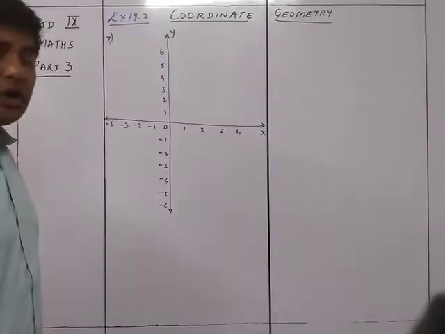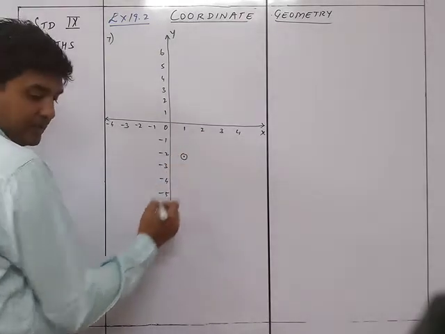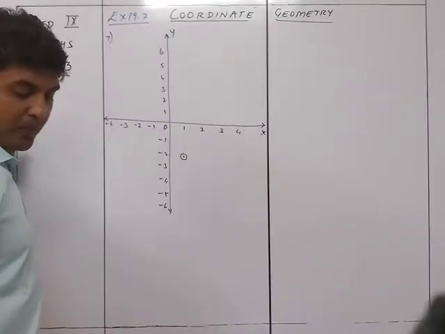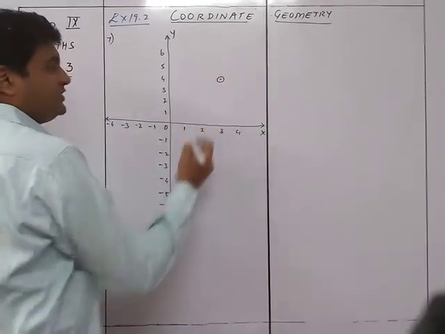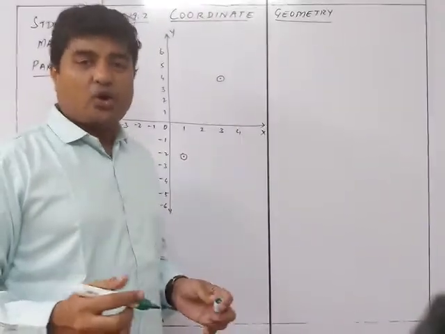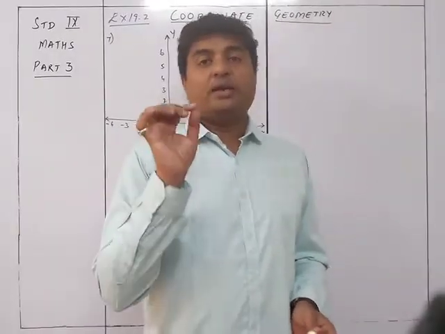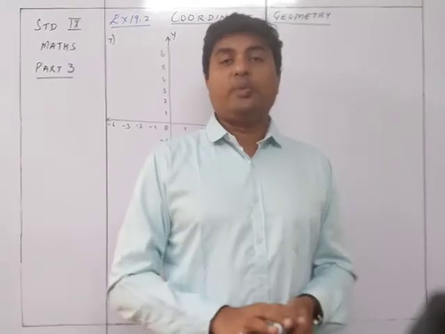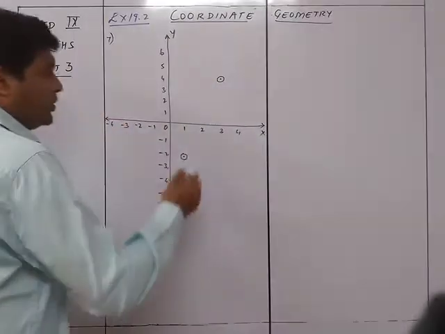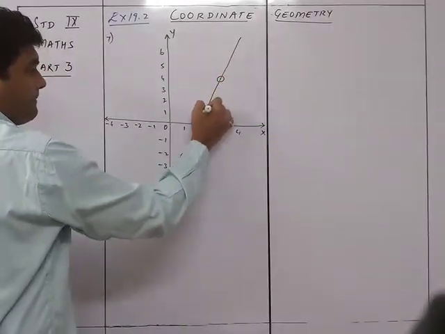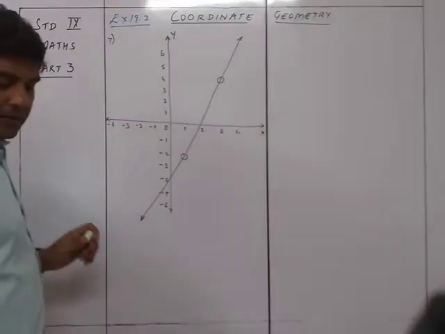This is the graph paper for us. Now first one is 1 comma minus 2. So 1 comma minus 2 will be over here. So this is the point. The second is 2 comma b. We cannot plot it. 3 comma 4 we can plot. So 3 comma 4 is over here. Now once you have the 2 points, you can straight away draw the line. In fact, we are taking 3 points just to be sure that the values we are getting are correct. Even with 2 points, a collinear line can be drawn. So we are going to draw a line over here. Okay, this is the line we are having.